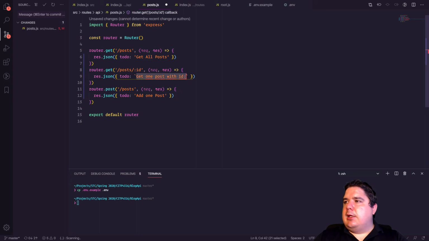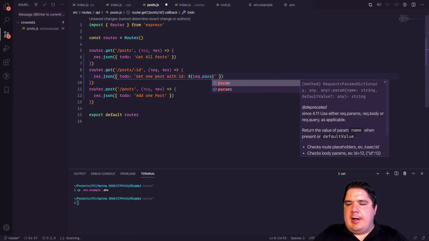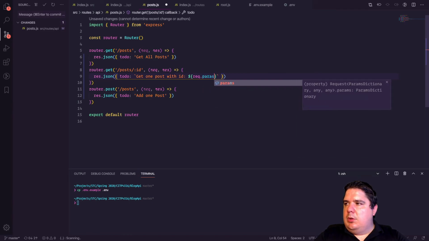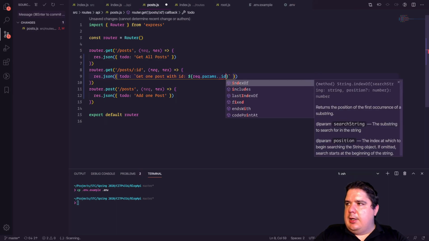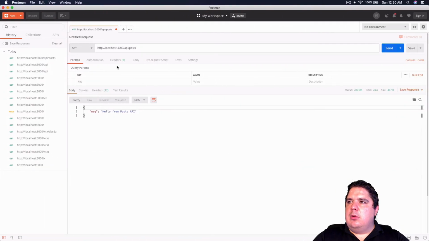Let me do a backtick in order to be able to use my string literals, and I put my request dot param dot ID, and let's actually test it. So if I do a get to here,